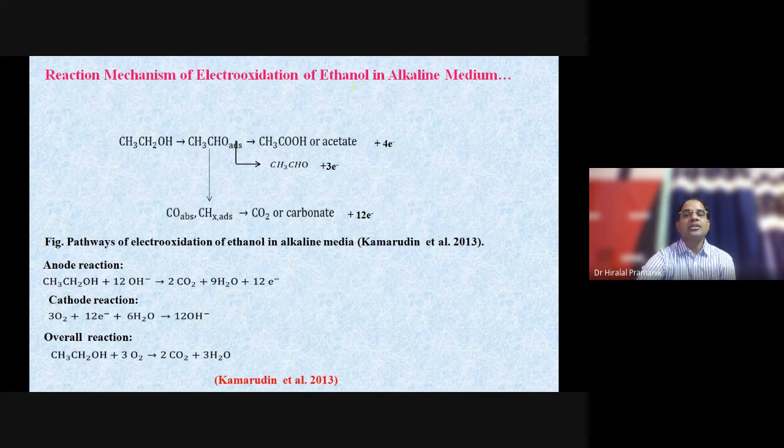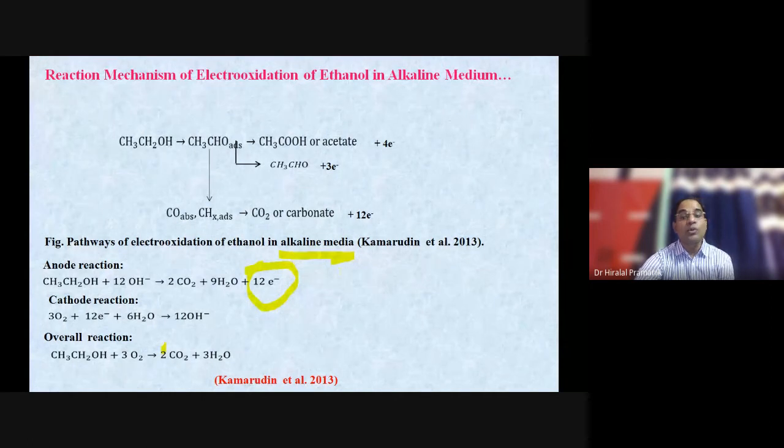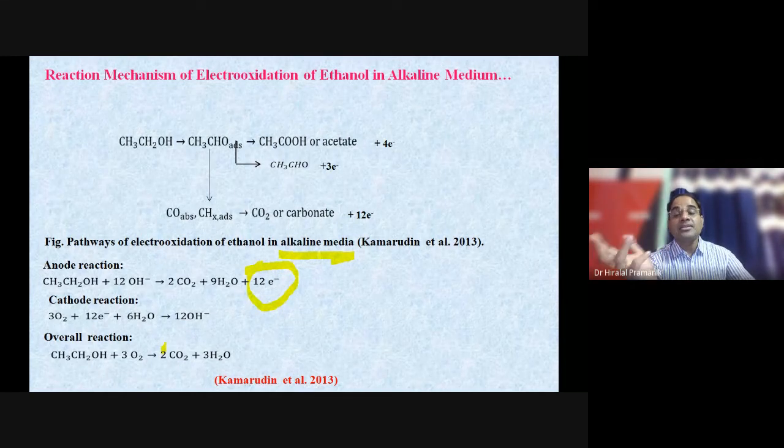Similarly, for ethanol, I have shown both the alkaline medium and the acidic medium here. In the alkaline medium, you can see 12 electrons. The number of electrons produced is the same; only the route differs. The various steps of the route take place at various electrode potentials. At the anode, if the reaction takes place at a high electrode potential, that is not desirable. So the electrode potential at which the reaction takes place is also